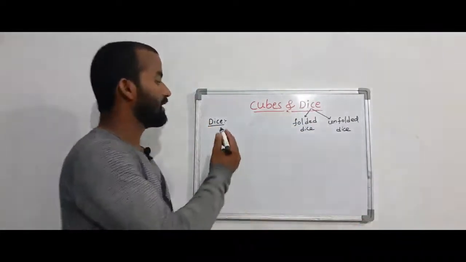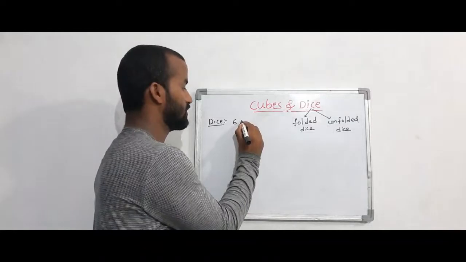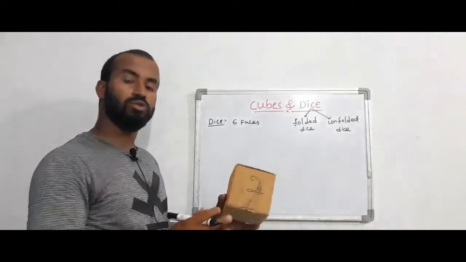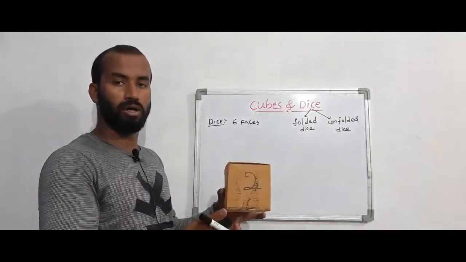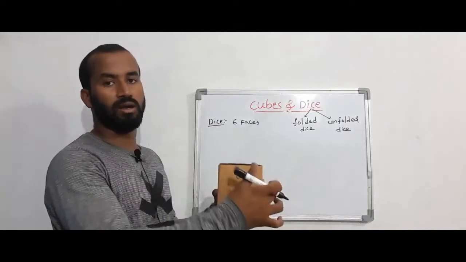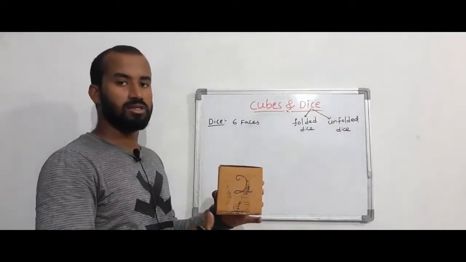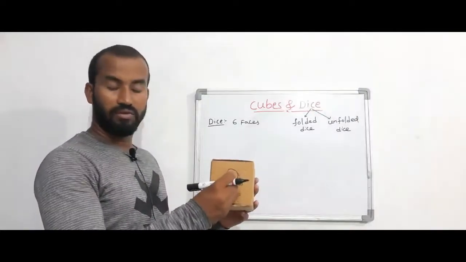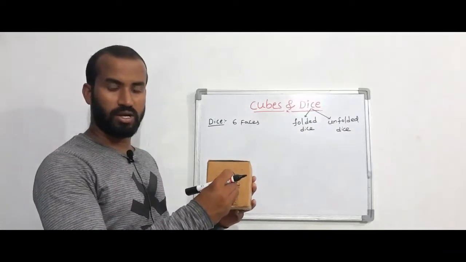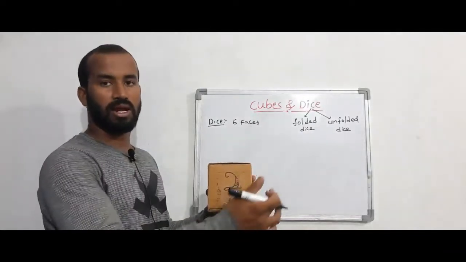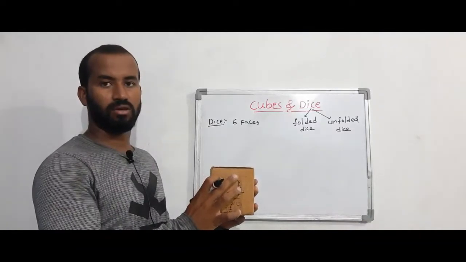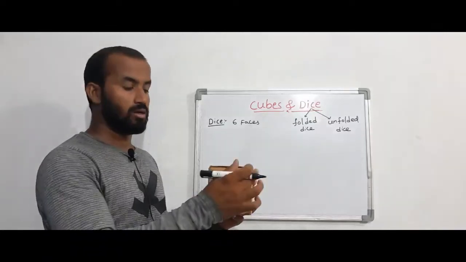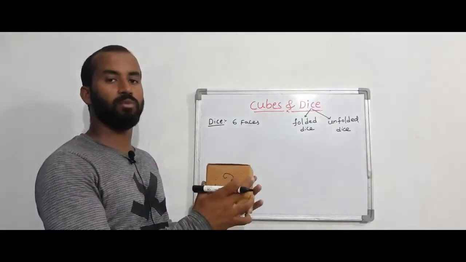Any die will have 6 faces. 6 faces are 6 sides. What are those 6 faces? Top, bottom, front, back, right, left. These are the 6 faces. If I take any side or any face, I am taking this front. For this front, top and bottom and right and left are the adjacent. For any side, there will be 4 adjacent sides and 1 opposite side.